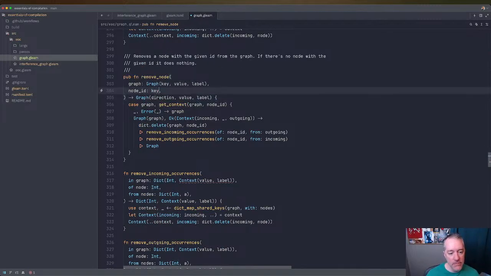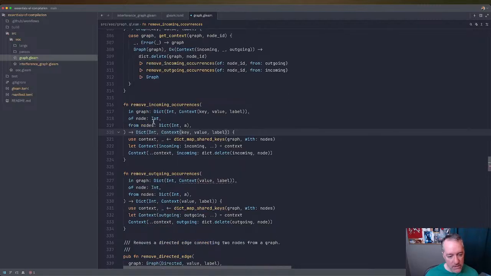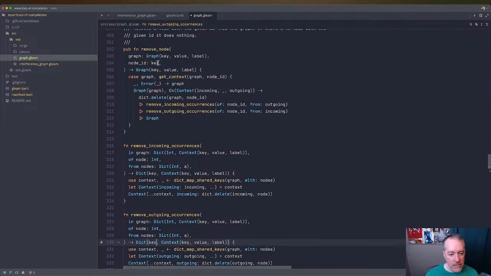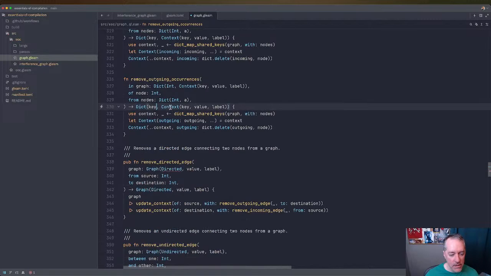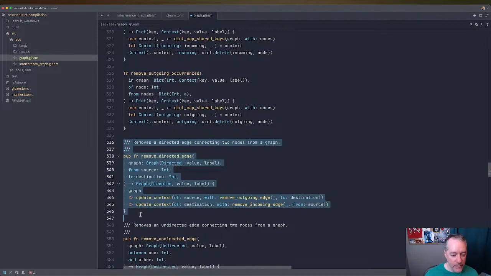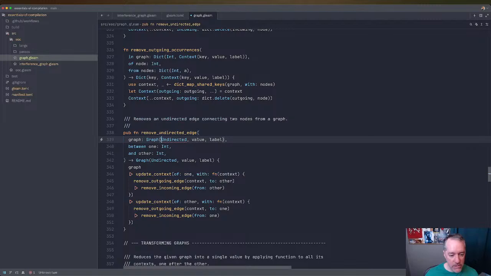Just for reference, we are refactoring this graph module to be generic over the key type so that we can use whatever key we want. And then I'm going to definitely have to go back and... Sorry, that needs to be... I didn't realize... Yeah, okay. So we don't have directed edges. We do have undirected edges, but